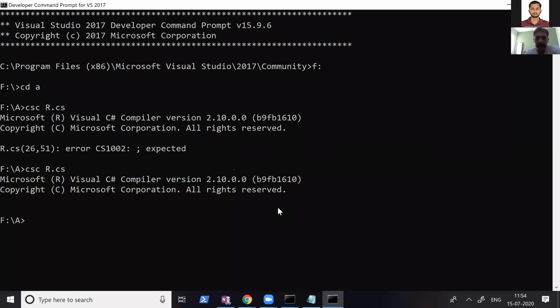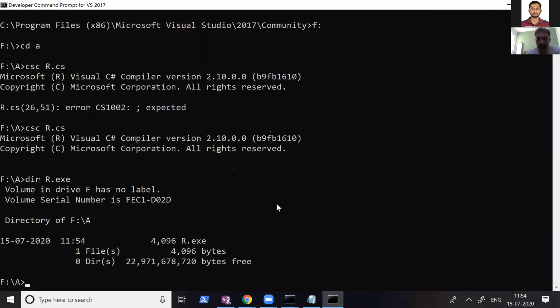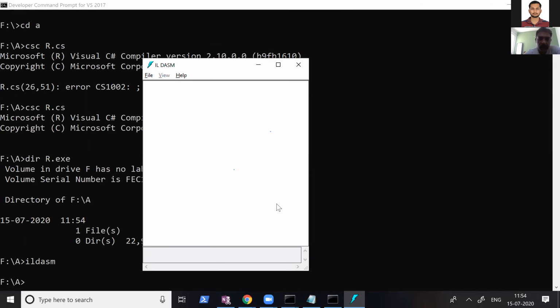Compiled. Assembly is made, exe is called assembly. You want to see dir r.exe. It's an assembly. And by the metadata, you can get the details. If you want to get the details of the exe, just go for ILDASM, intermediate language disassembler.